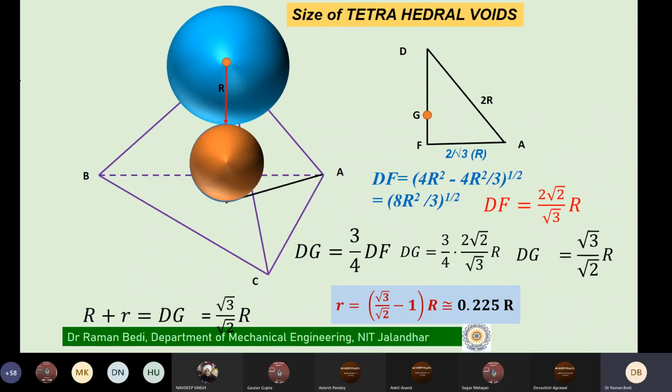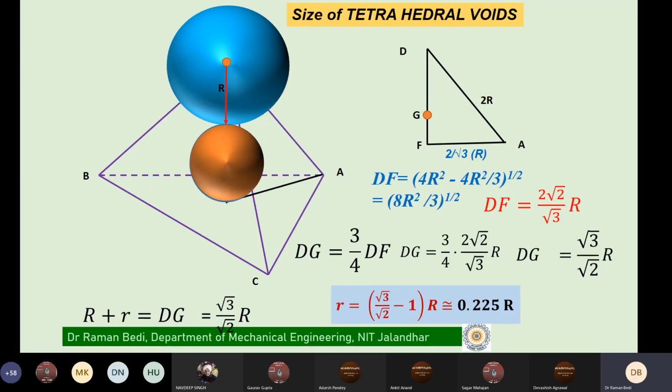So in my yesterday's class, if you can recall, we were able to talk about the tetrahedral voids which are there in a FCC lattice. Why we are concerned about FCC and BCC mostly is because we know already that most of our metals which are of concern to us belong to these particular crystal structures only.